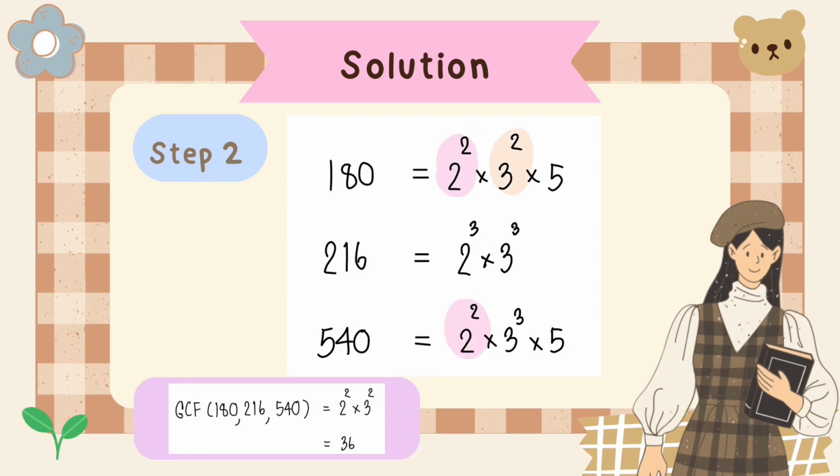Step 2. As you see from the prime factorization of 180, 216, and 540, the numbers 2 and 3